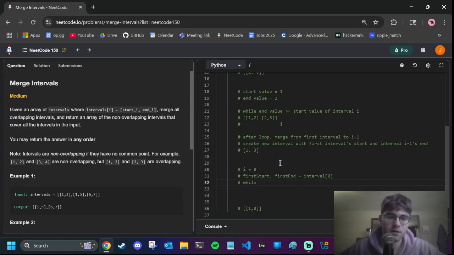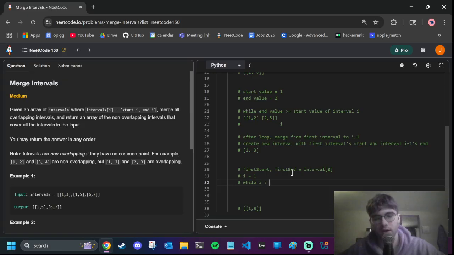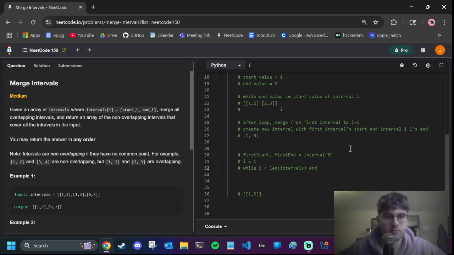And then we can say, alright, we could clean this up a little bit, but so I'm thinking we would say while I is less than length of intervals, this isn't really pseudocode, but it's kind of helping me get through it. Python sort of is pseudocode almost. Okay, so while I is less than the length of intervals, and so what's our continue condition is if first end is greater than intervals of I. Right, so